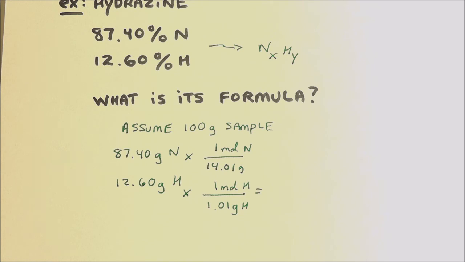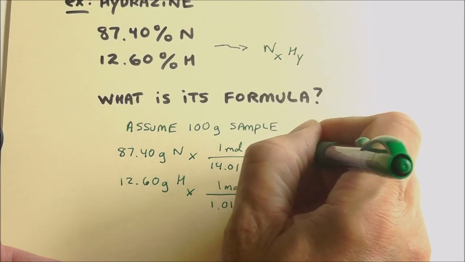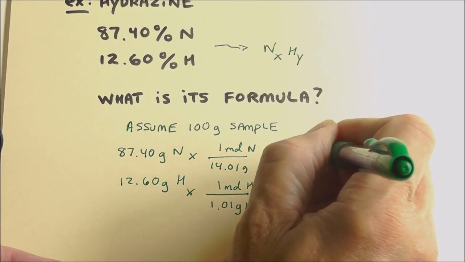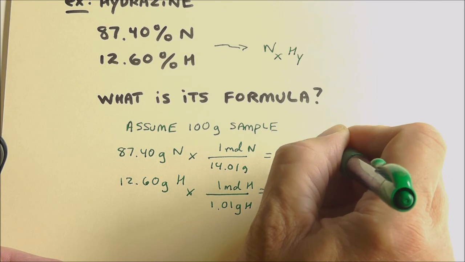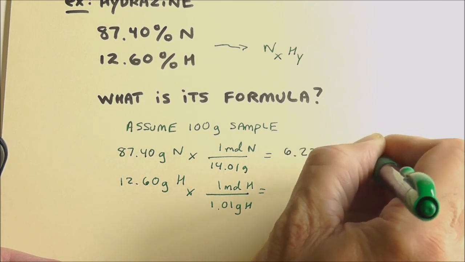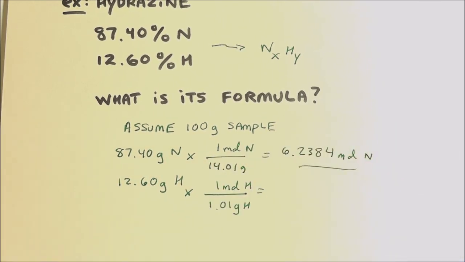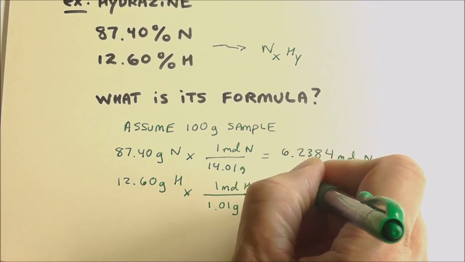So 87.40 grams divided by 14.01, that is 6.2384 moles of nitrogen. Let's find the other one. 12.60 divided by 1.01 is 12.475